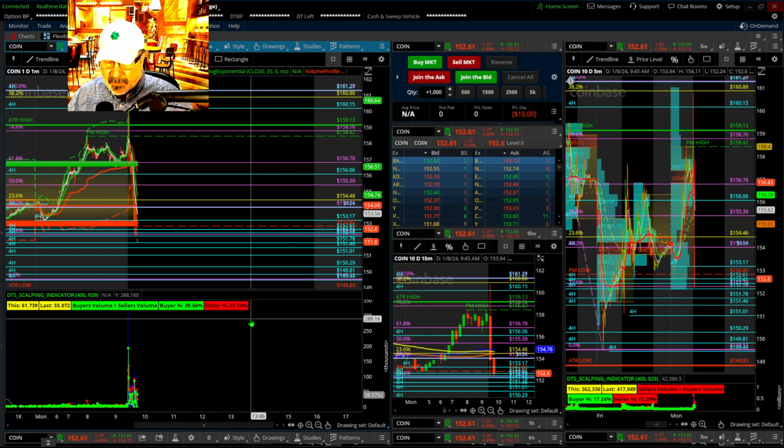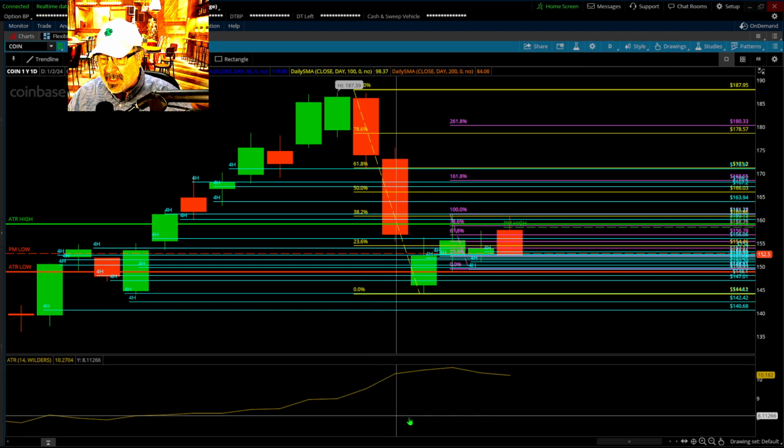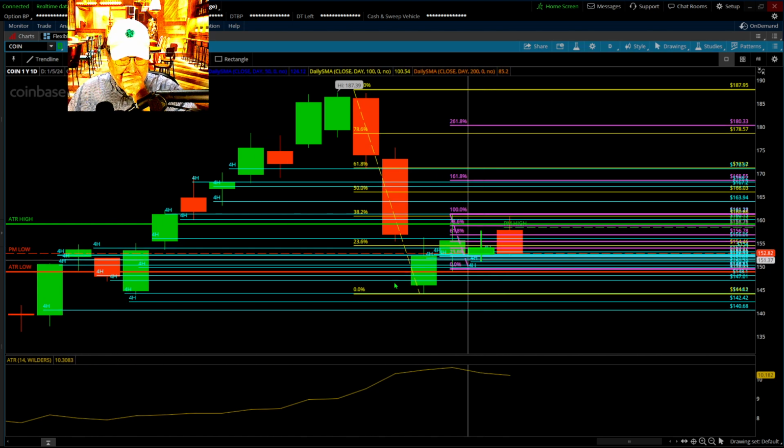We should be trading. So the first thing you do is you develop a range and you use the ATR to do that. You look at the close of yesterday's candle, which under my picture showed at 153.98. That was the close of the day. And then you look at the ATR down